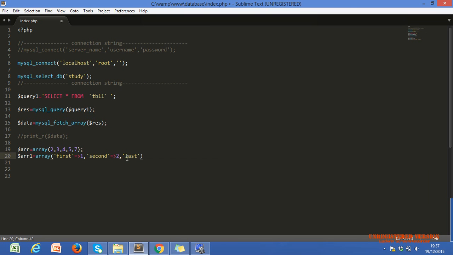What I'm doing, I'm declaring an associative array.